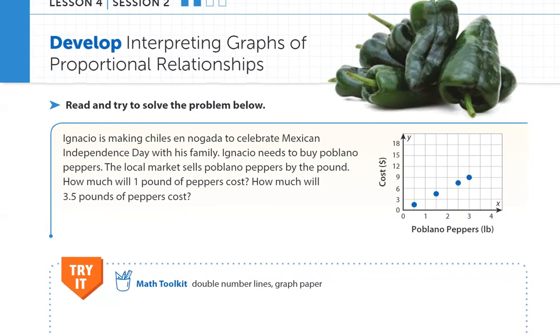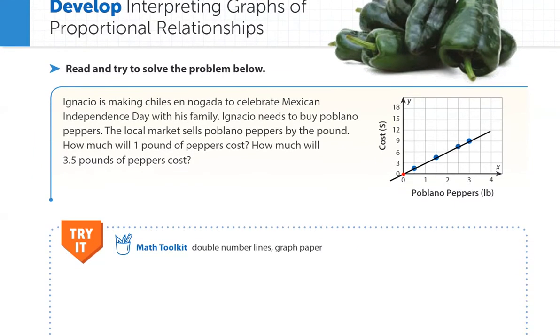And you know it's a proportional relationship on the graph if it does two things. If it goes in a straight line, and that line goes through the origin, 0, 0. It is a proportional relationship. So we can see that right off the bat in our try here. We have a proportional relationship because all those dots fall on the line, and that line goes through 0, 0,